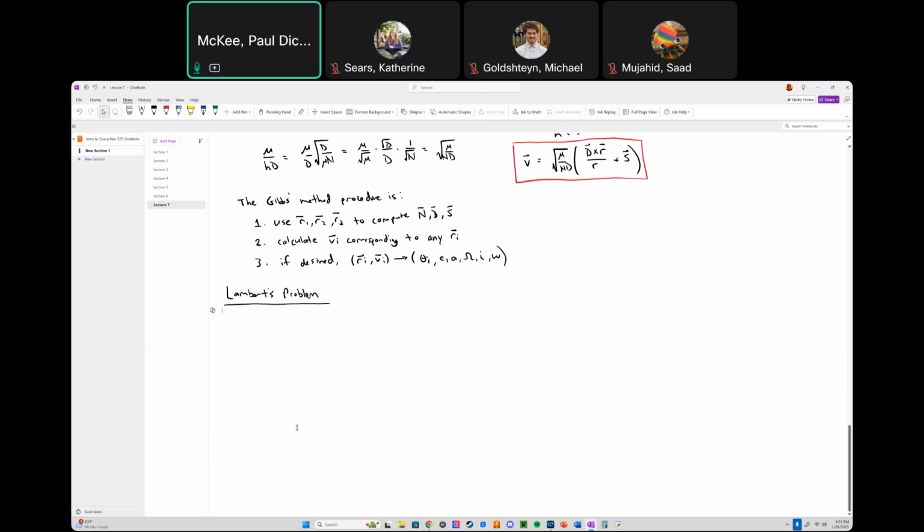The problem with Lambert's problem and the derivation of its solution is that it gets pretty gory, and some of the skipped steps are going to feel like I skipped a million miles. So try to bear with me. We'll see how far we can get through this here. So